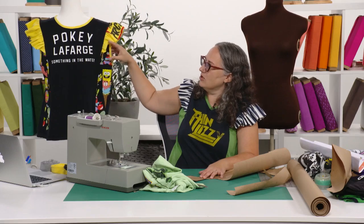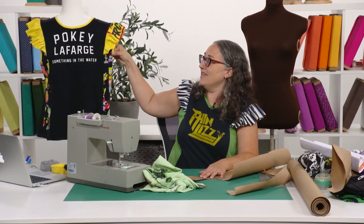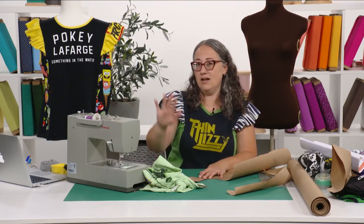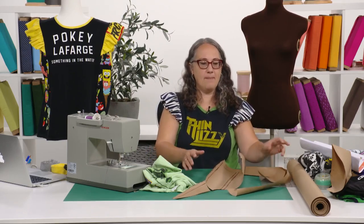So basically what you're doing is you're just pinching this. If you're wearing it and you find that pinching this is solving your problem, then you can go ahead and pivot that out, tape your pattern piece together, and cut out a new panel. Okay? All right, so we've got that part